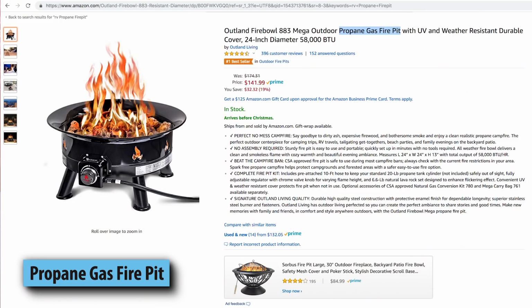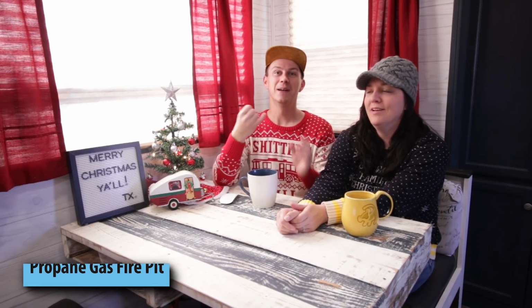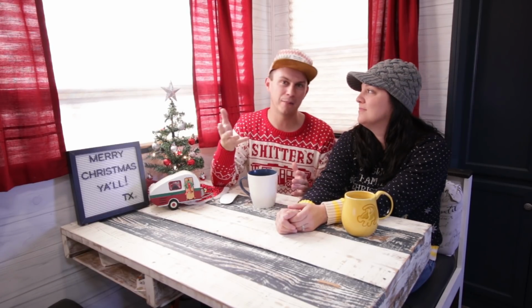Propane fire pits. We would have campfires so much more often if we had a propane fire pit. And if we didn't join him, James would have them on his own. I would, because the reason we don't have fire pits is because we hate everybody smelling like smoke. And there's a certain nostalgia about that, which is nice, but being able to have a campfire and then come into your trailer and not smell like smoke,